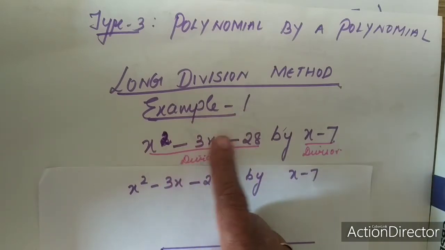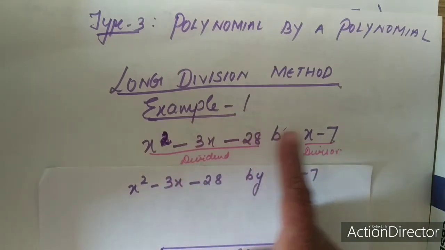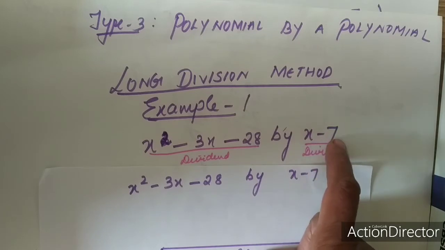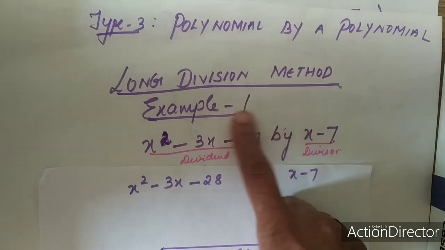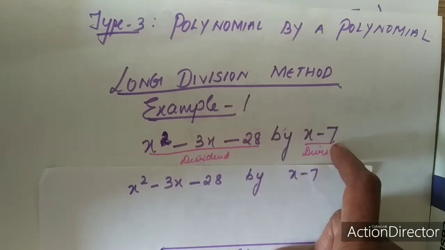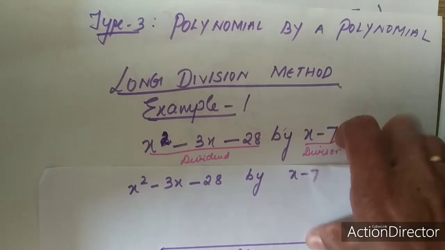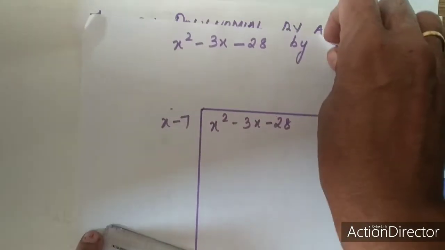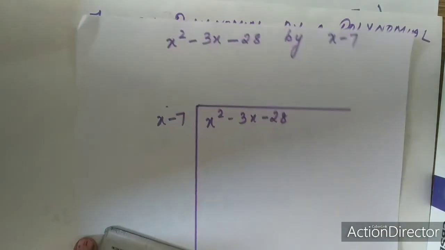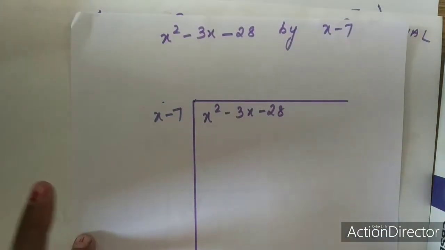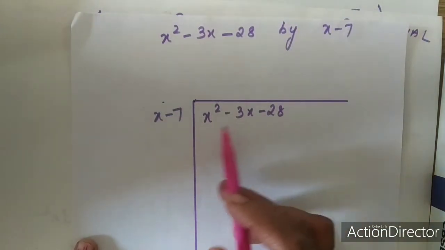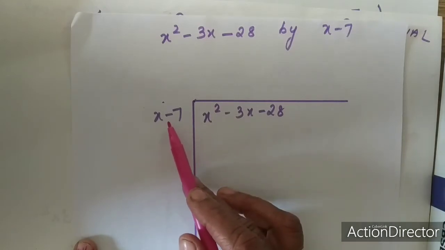x square minus 3x minus 28 is a polynomial and x minus 7 is also a polynomial. So this is the dividend and x minus 7 is the divisor. So let us see how to divide now. The dividend you'll write inside the bracket, and x minus 7, by which you are going to divide, is outside